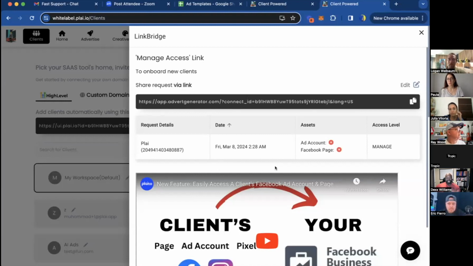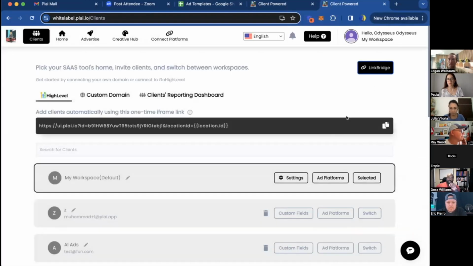Perfect. And since you're in the client section, there was another thing I noticed. If you close out a link bridge, in the top right corner of your screen, when you're logged into your account within Play, it looks normal, but when you're in the high level connection, the name is the sub account's name.